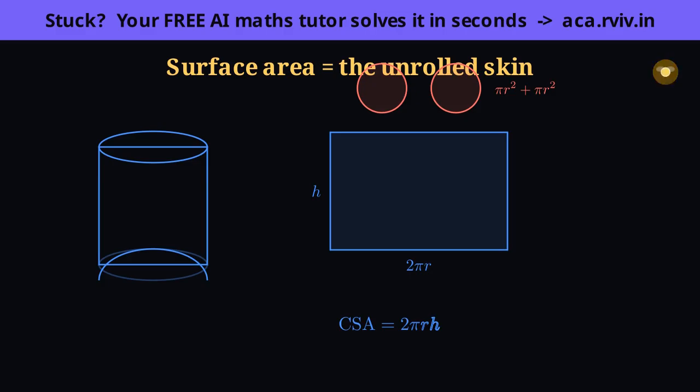And the total surface area is the curved part plus the two caps, 2 pi r h plus 2 lots of pi r squared. That is the whole formula, and notice we never memorized anything, we just cut the solid open and measured the flat pieces. The formula is nothing but the picture, written down. Every surface area formula in this chapter is learned exactly this same way.